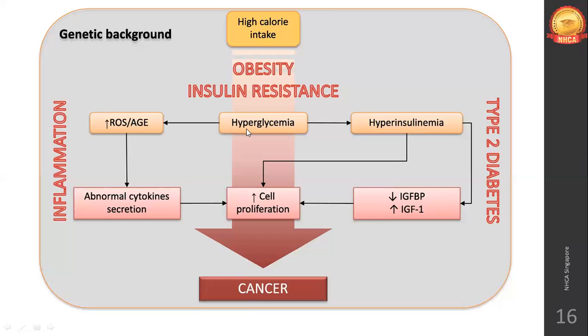But what happens is that after a point, the cells will not allow more insulin to enter and reduce the blood glucose. The cells will just shut the insulin out. The insulin is not able to enter the cell to reduce the blood glucose levels. So that is insulin resistance. Your cells will start resisting the insulin that has been secreted by the pancreas. So hyperglycemia will happen. Hyperglycemia means too much glucose in your blood, and that, with increase in age as well,